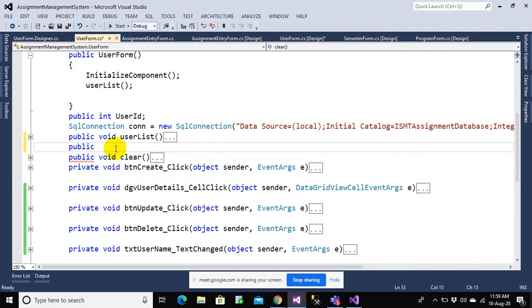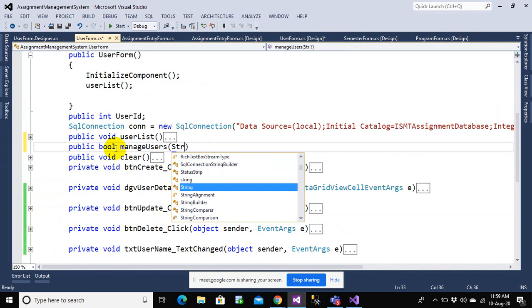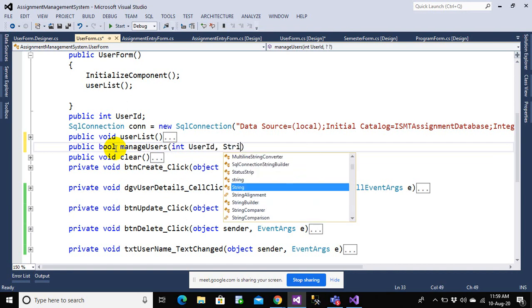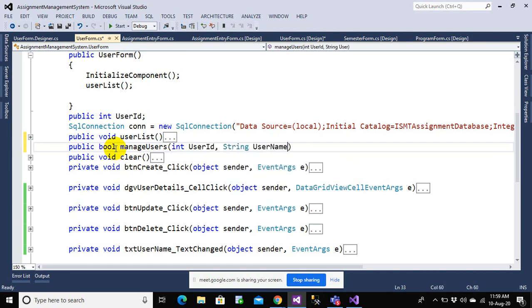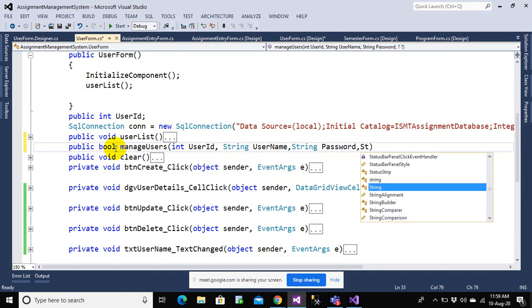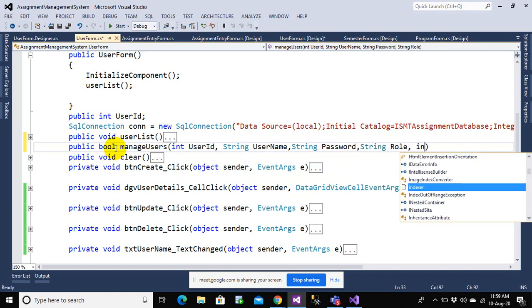It's a public bool ManageUsers, let's say, and I pass some variables. I need user ID, string username, string password, string role, and integer mode.